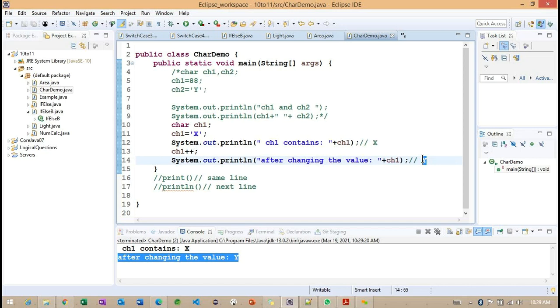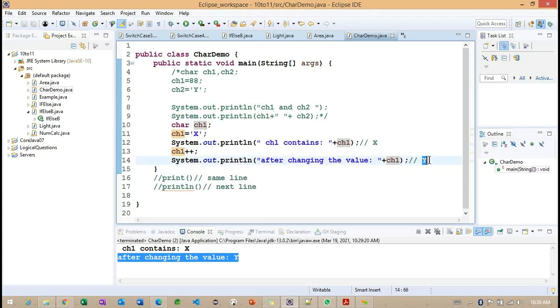It increases the value by 1. Yes, the ASCII value of x is 88 and it is incrementing to 89. And the ASCII value 89 is capital Y. Good. So this is the way we can work with the incremented value. If we observe, we are trying to increase the number here, but finally we are getting a character here.